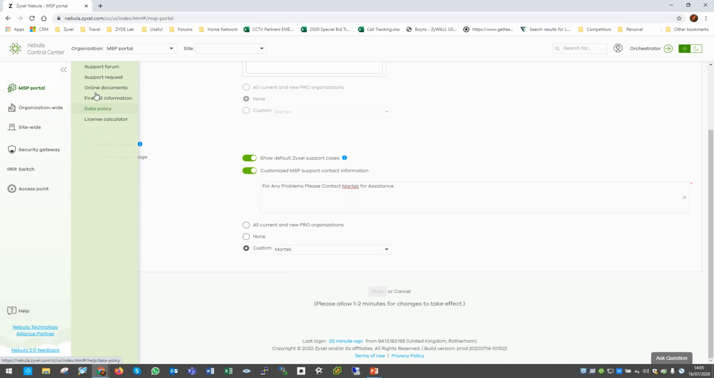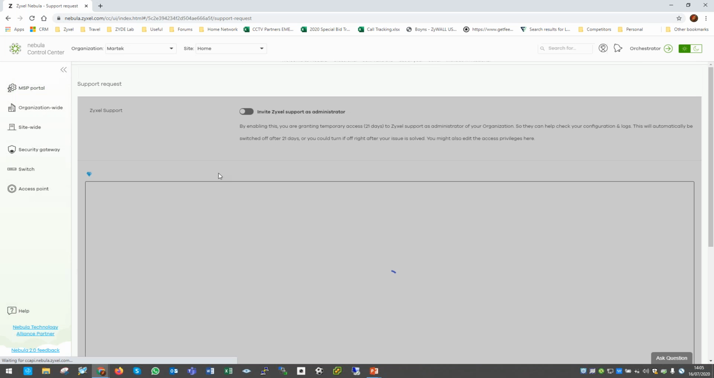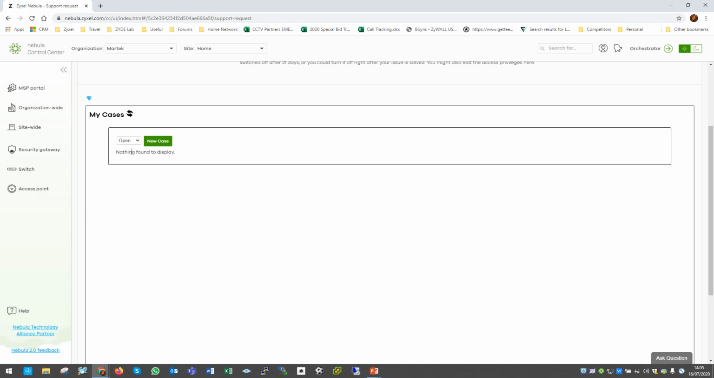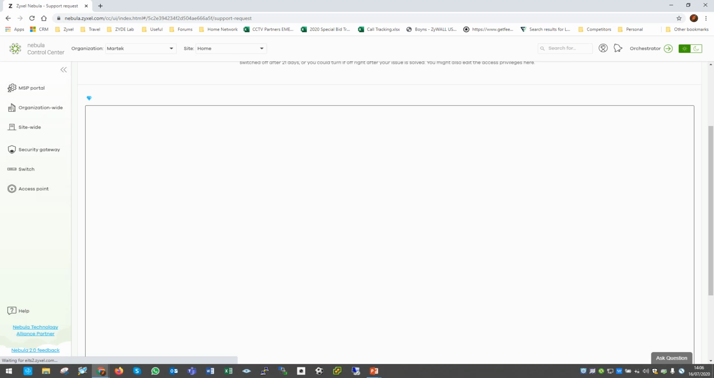So if you go to help and then support requests, you'll see it'll take you through to the support request. You can invite the Zyxel support as administrator. So this is our Nebula team who specifically can look into the back end and resolve any potential issues. And you'll see here, here's my customized message there. So all I've done is a little one-liner. So what you can do from here is have a look at open and closed cases. Obviously, there's nothing been raised here, so it doesn't show anything. However, if you click new case,